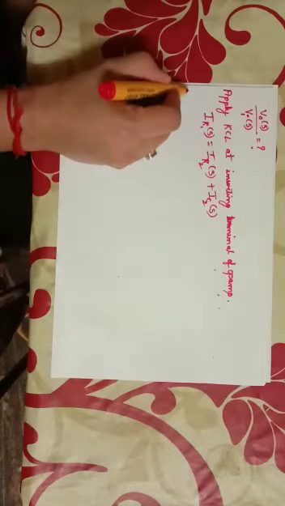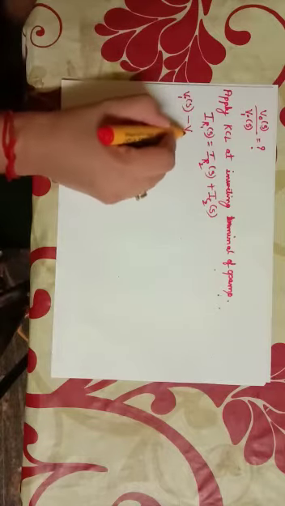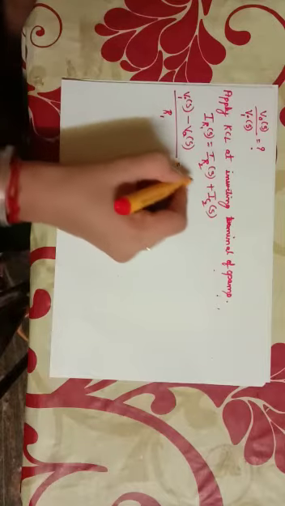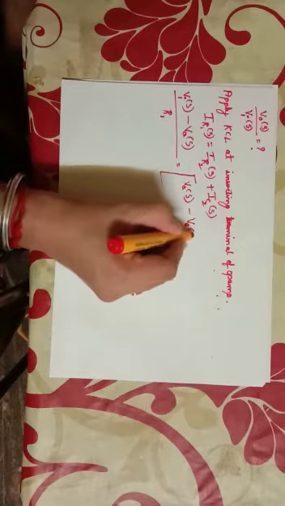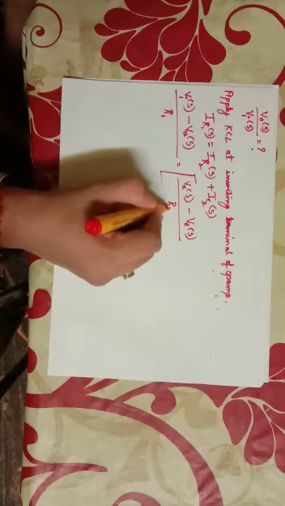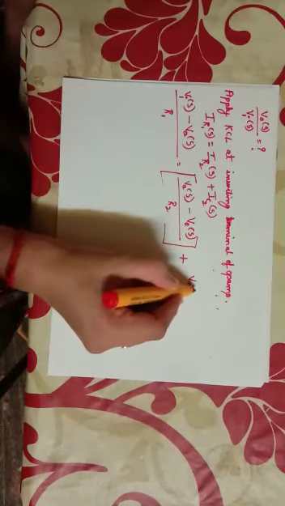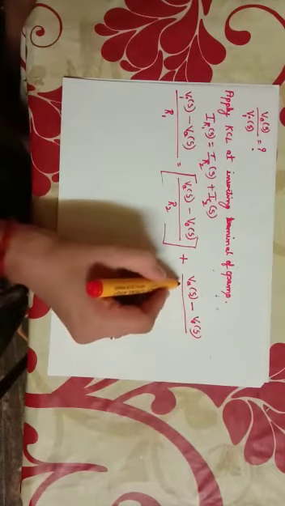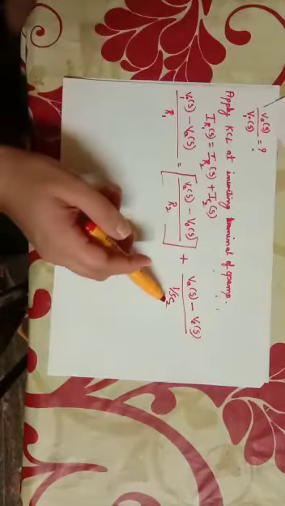And now we will write in Laplace domain. VI of S minus VA of S divided by R1, that is equal to VA of S minus V0 of S divided by R2 plus VA of S minus V0 of S divided by 1 by C2, because here there is capacitor, so it becomes 1 by SC2.